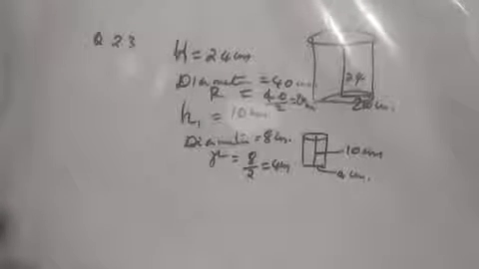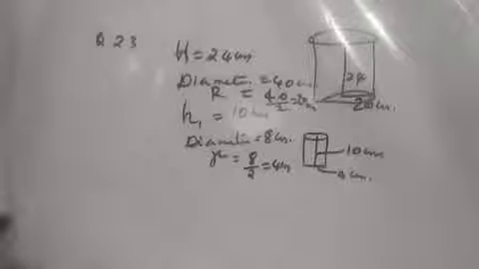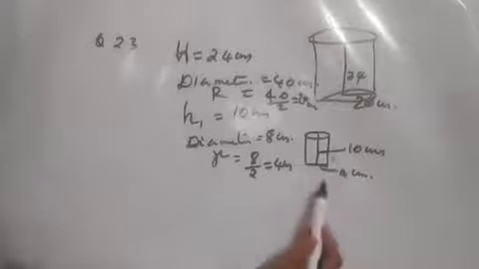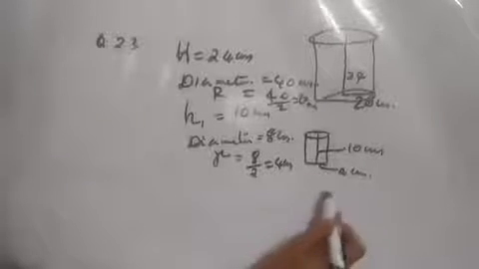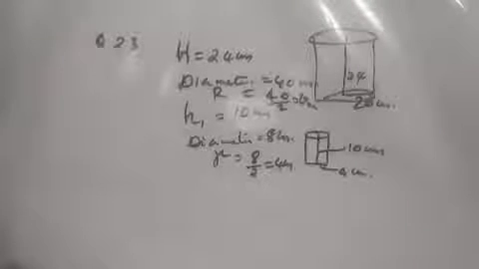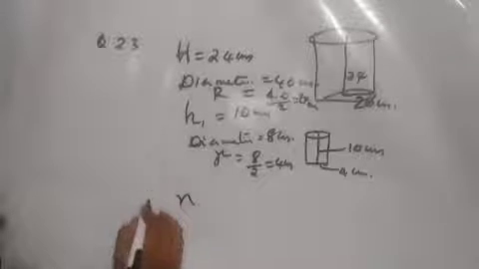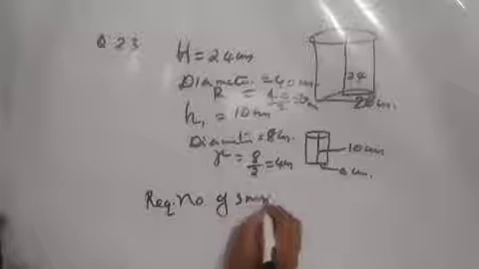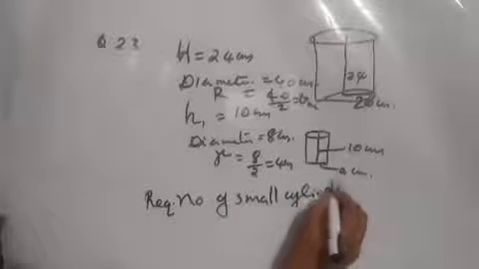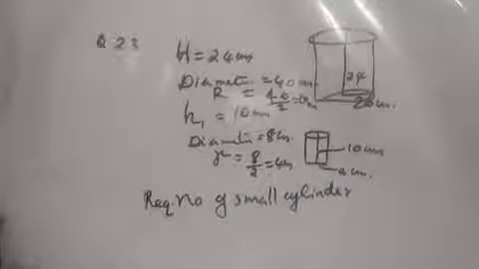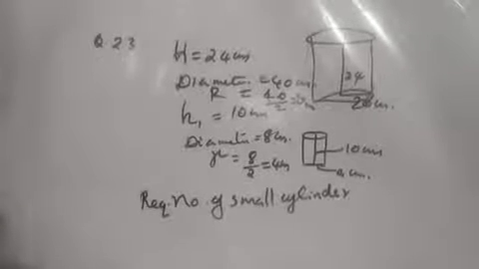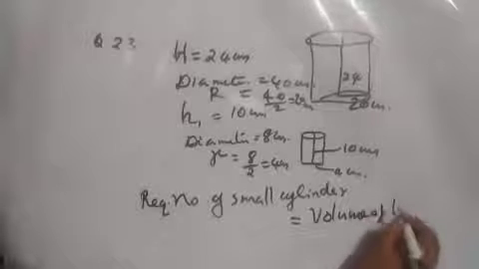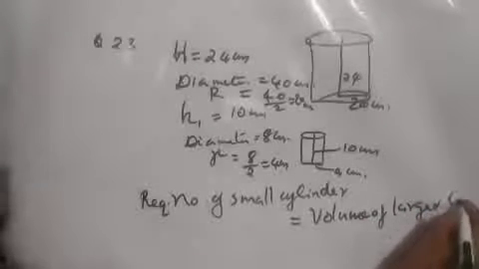So how many small cylinders are needed? How can we obtain that? Yes, the volume of the large cylinder must be equal to a particular number times the volume of the small cylinder. So how can we obtain the required number of cylinders? It is the number of small cylinders required to hold all the water from the large cylinder. Yes, it is equal to the volume of the large cylinder divided by